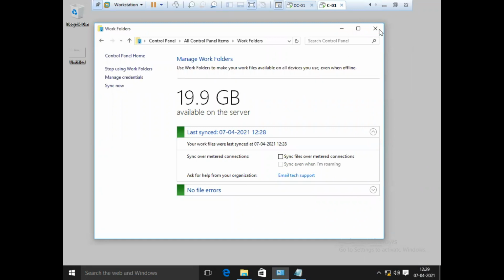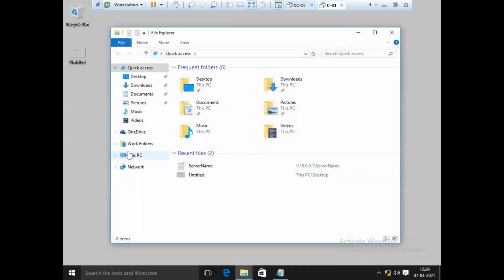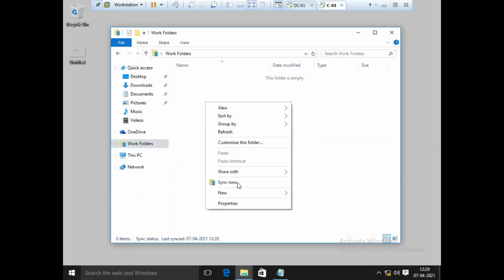I go to the drive, my This PC, and I go to Quick access. Over there we have the option Work Folders, so I click on Work Folders. I'm going to create one file over there.